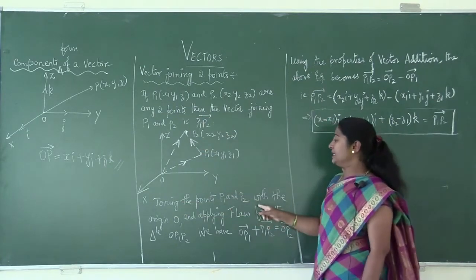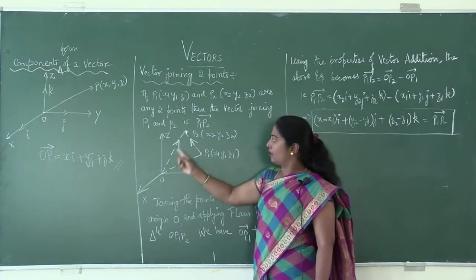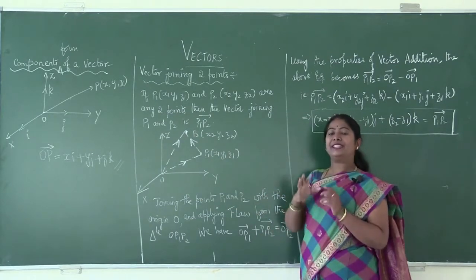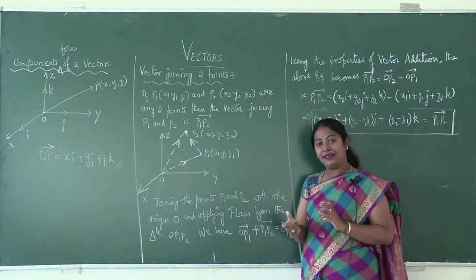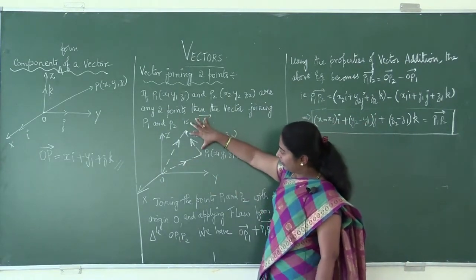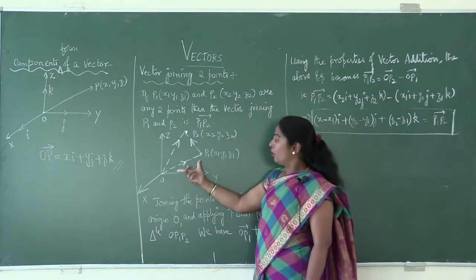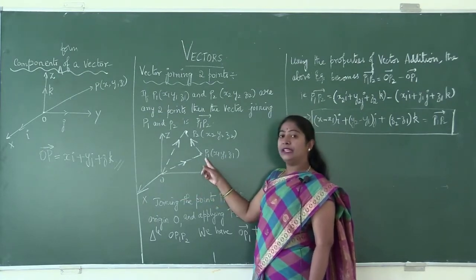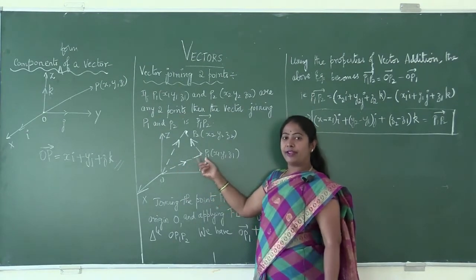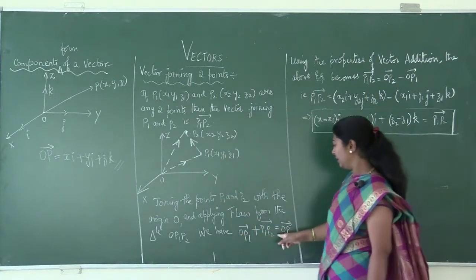Now, joining the points P1 and P2 with respect to origin O. That is, you will join P1 with respect to origin O as well as you will join P2 with respect to origin O. And when we apply triangular law of addition as explained earlier, we can write vector OP1 plus vector P1 P2 is equal to vector OP2 when you observe the directions. What is here from the point O to the point P1? In vector form we can write vector OP1. Vector OP1 plus vector P1 P2 is equal to vector OP2.